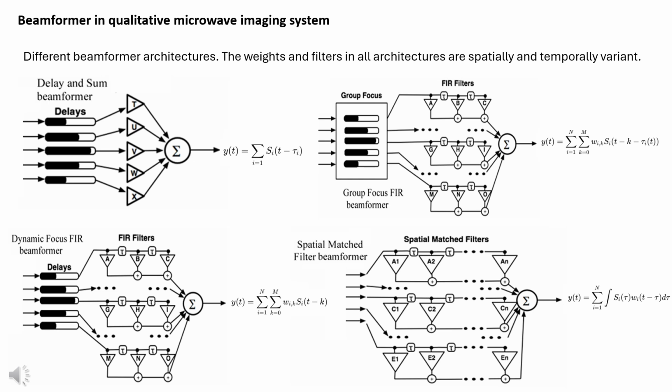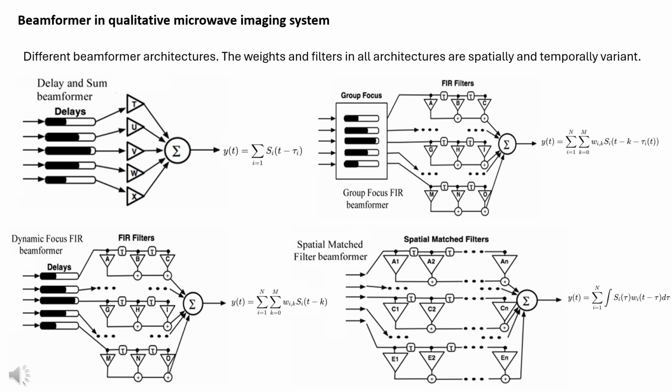Beamforming is a crucial technique used in qualitative electromagnetic imaging to focus signals from multiple antennas to a specific point in space. In the context of qualitative electromagnetic imaging like confocal imaging, the process can be broken down into several key steps, each serving an important role in forming a clear image of the target, such as in brain imaging